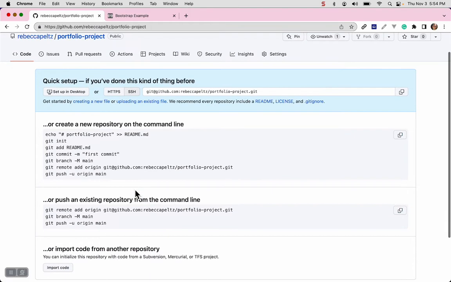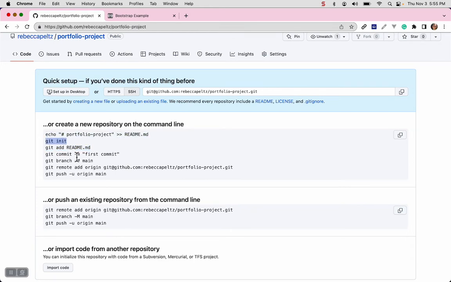And then with that, GitHub gives me some instructions on what to do next. What we're going to be doing is pushing an existing repository from the command line. So I'm going to just grab this. Actually, yes, we need to create a new repository from the command line. But we don't have to do all these steps because we already have a README. All we need to do, and we don't need to create the README, we just need to do a git